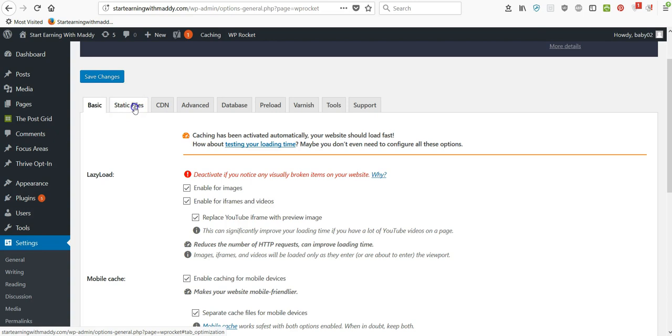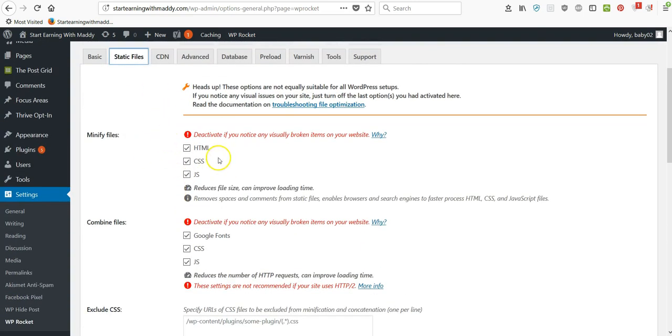Now the next tab, static files. Minify files. Sorry guys. So, minify files. This is the next big factor that slows down your website. There is a lot of HTML code in your website, and so are CSS and JavaScript, and there are lots of comments in these files to explain how the code works. Normally, comments are really important when you code, but if the code is complete, like an HTML file or a CSS file,